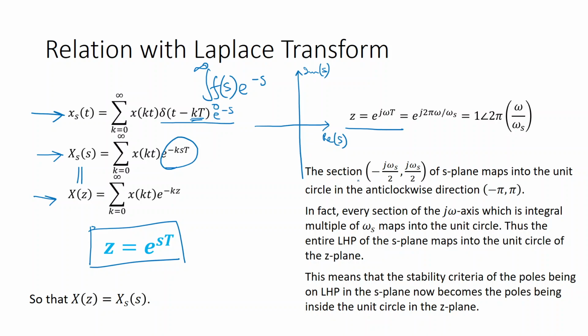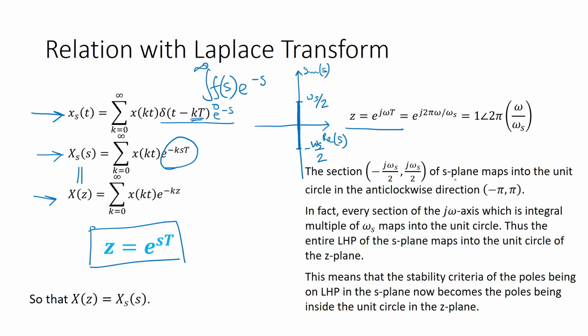So when you are taking a section from minus omega s by 2 to omega s by 2, you take omega s by 2, put in omega, and what you get is pi. So you are actually getting from minus pi to plus pi. So if you move in this direction from minus omega s by 2 to plus omega s by 2,